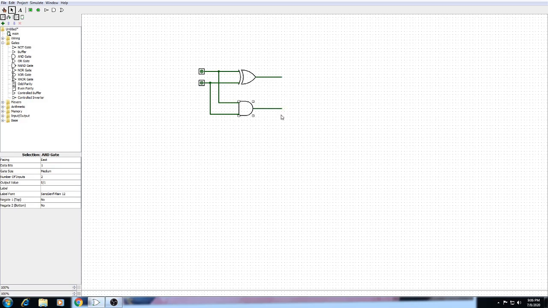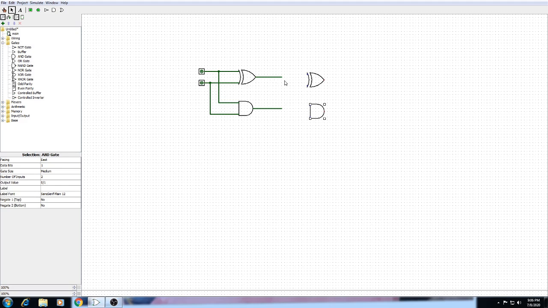So how can we make this a full adder? We just repeat it by using another XOR and AND gate. We change the number of inputs to 2, and for this also we change it to 2 and connect it.